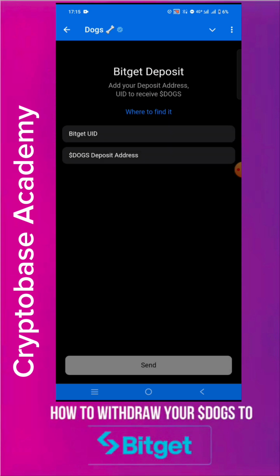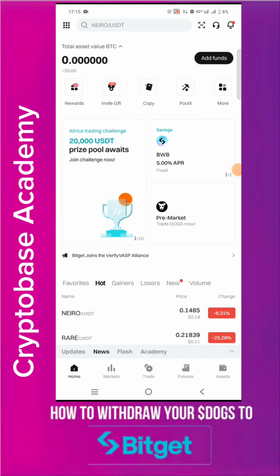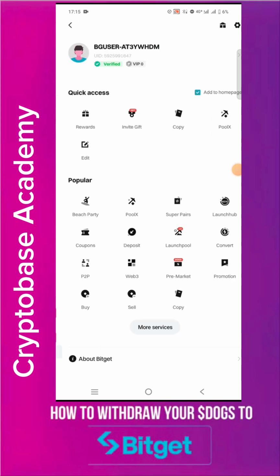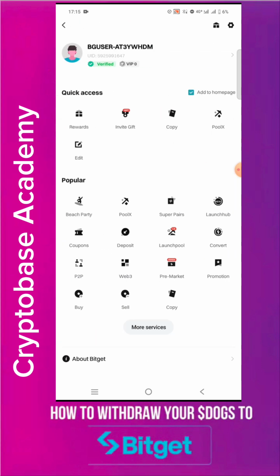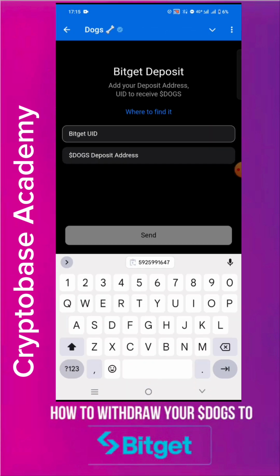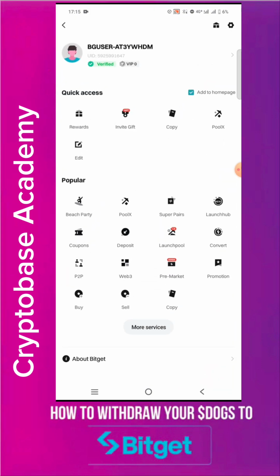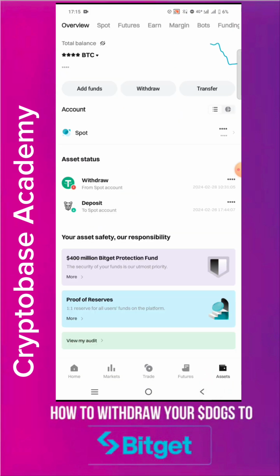Yes, I have it, and you have to go and copy your Bitget UID, which I'll be doing now. Just go to home, click here, and that's my ID on the bottom of it. That's been copied. That is 59 something. Then come back here, paste your Bitget UID, then go back to Bitget and go back here, click on asset,